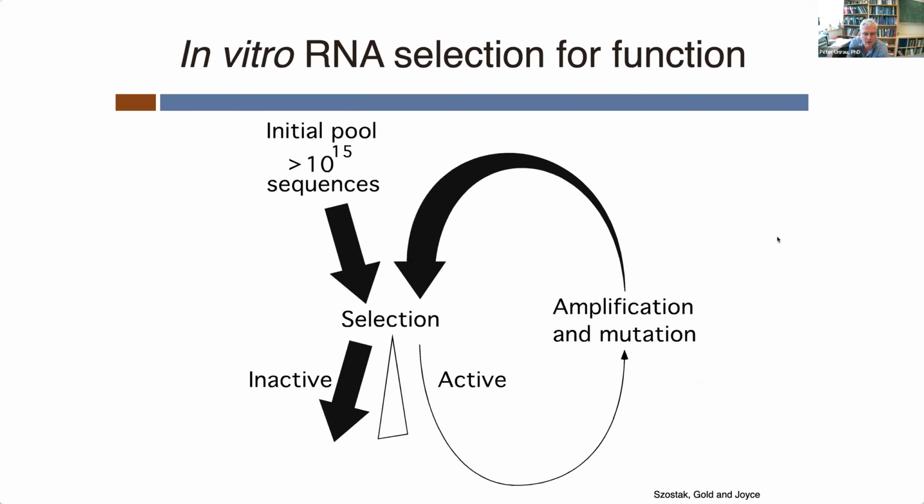So I've studied this problem using in vitro selection. This is a way of efficiently screening through very large populations of molecules where you throw out the inactive ones, keep the active ones, and amplify and enrich, mutate perhaps, and reselect. And as I've gone through this process of trying to discover the functionalities of RNA from the perspective of origin of life, I've had to design more and more complicated selective protocols.